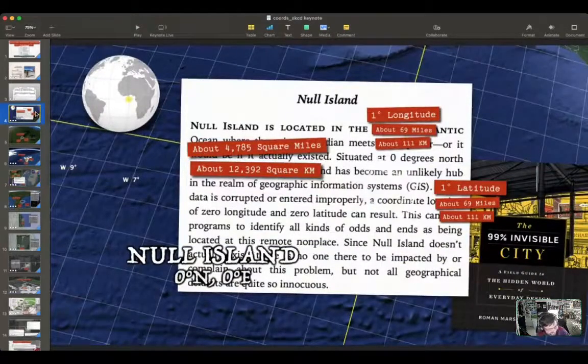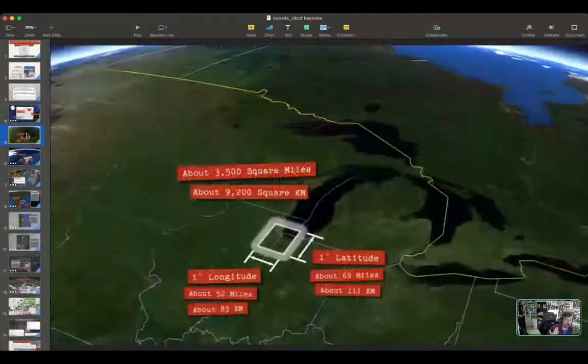Out. I wanted to talk about Null Island. I want you guys to get in the mindset of thinking about latitude and longitude, because longitudes are kind of dynamic in terms of distances. And I know a lot of you guys are GIS people, so I'm sure you know a lot about this. But as these slides show, I want to show that as you get further away from the equator,